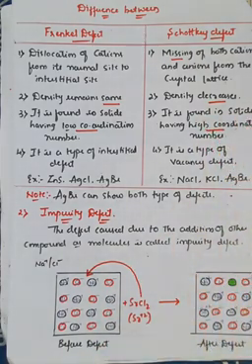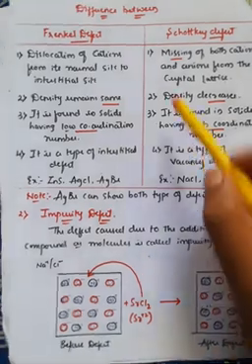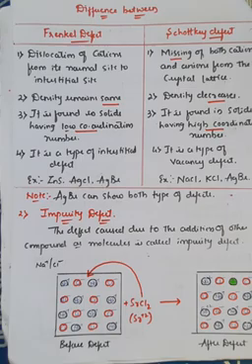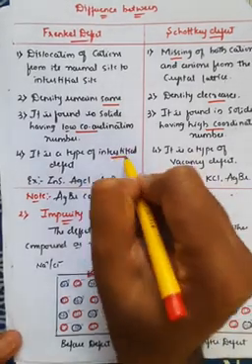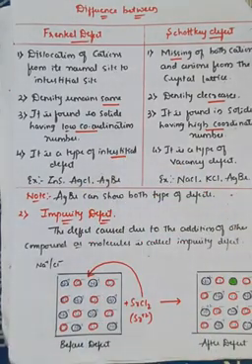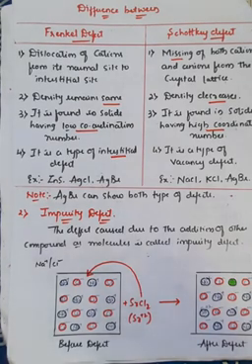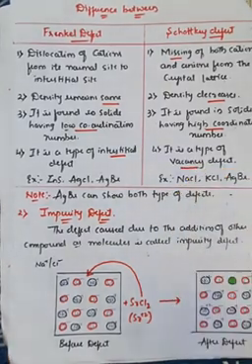And the next important difference is the Frenkel defect is a type of interstitial defect, okay, that we have already seen in the definition also. It is a type of interstitial defect because there is just a change in the position of the atom, or a dislocation of the atom to the interstitial site. Therefore, it is a type of interstitial defect. But in case of Schottky defect, what happens? There is a complete missing of cations and anions. Both anions and cations are completely missed from the crystal system, and this is generally called a vacancy defect.